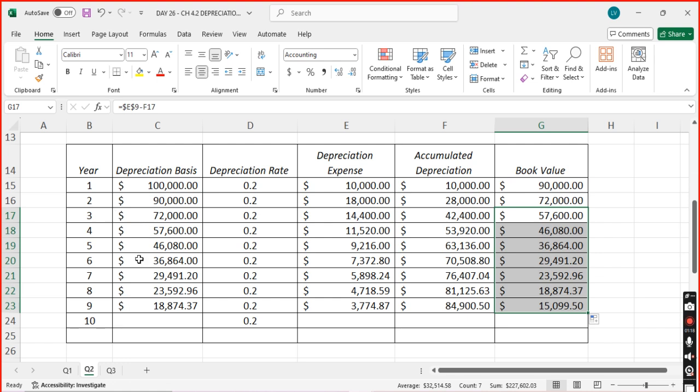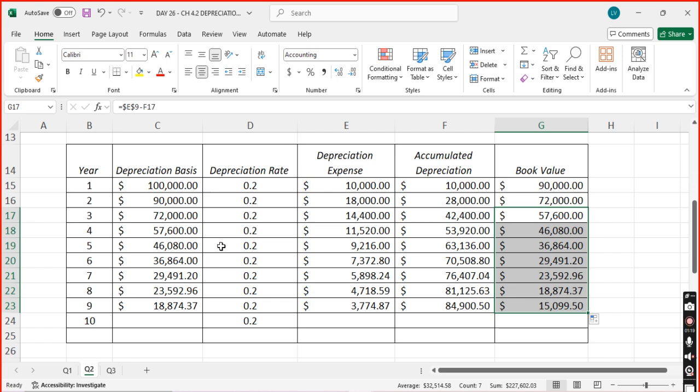46,080 to 36,864 to $29,491.20 to 23,592.90 to 18,874.37, giving you your ending book value at the end of year 9 to be $15,099.50. Okay, so again, I would recommend you do that equal round, because again, 20% of this odd